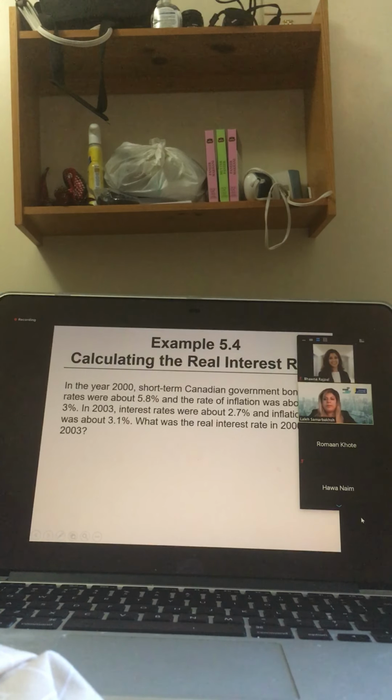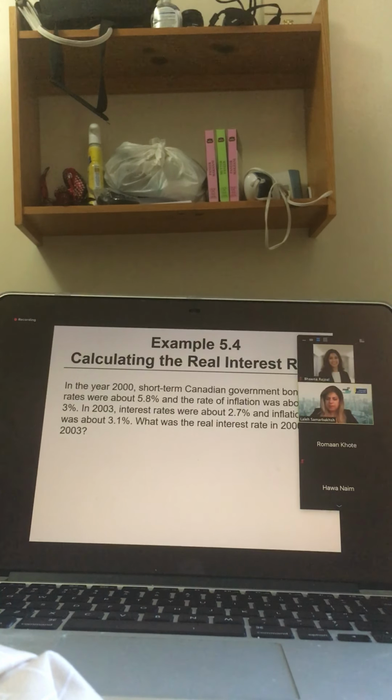Now, there's an example in your textbook which calculates the real interest rate. The examples are not hard in this whole chapter 5. What is hard is the terminology, to understand what they're talking about. So that's why I chose to go through it, so that you understand what variable you use. For example, a bond is just a debt. It's a borrowing, it's a lending, so it's just called a bond. But all you have to do is think about it like a time value of money question.